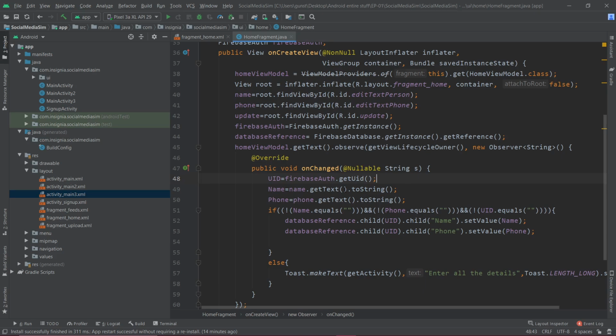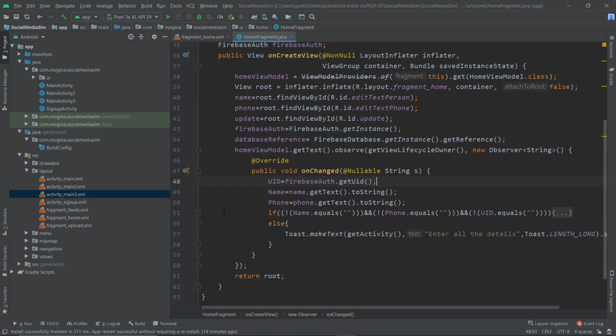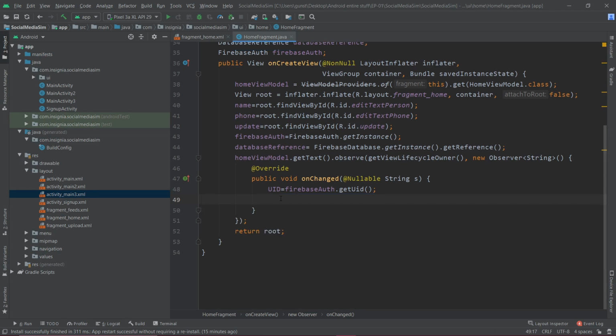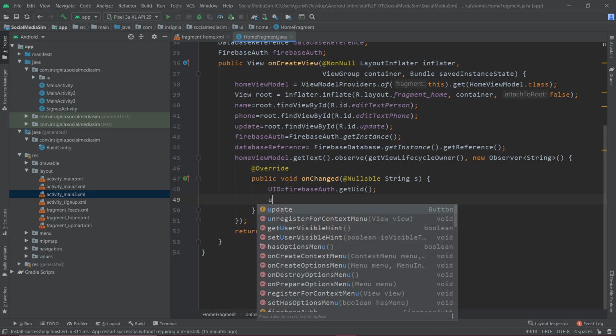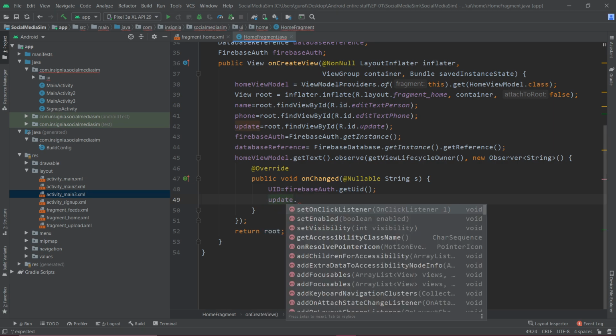So what I'll do is, I'll just go ahead and make everything part of one block. I'm gonna cut all these parts. I'm gonna set an on-click listener for our update button.